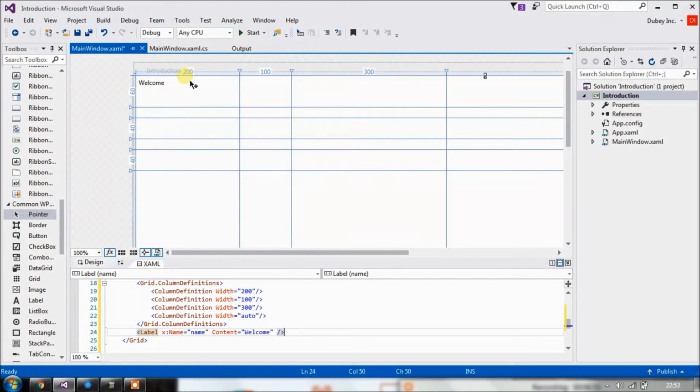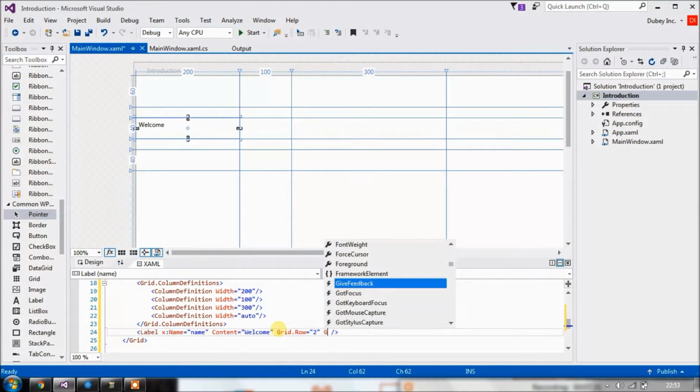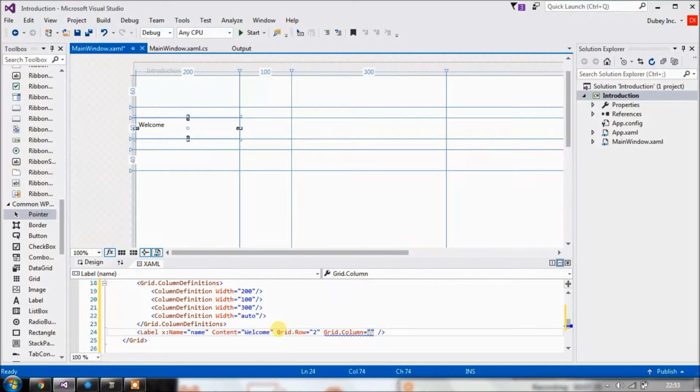Alright, so now suppose we want it to come here, so we have to specify its row number and column number. Row numbers count from 0: row 0, 1, 2, and columns count from column 0, column 1. So its position will be row 2 and column 1. So how do we write that? It's pretty simple. Just specify grid dot row and the column number. So the row number is 2,